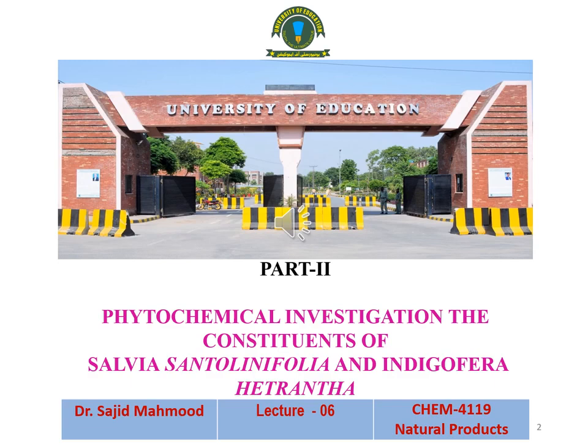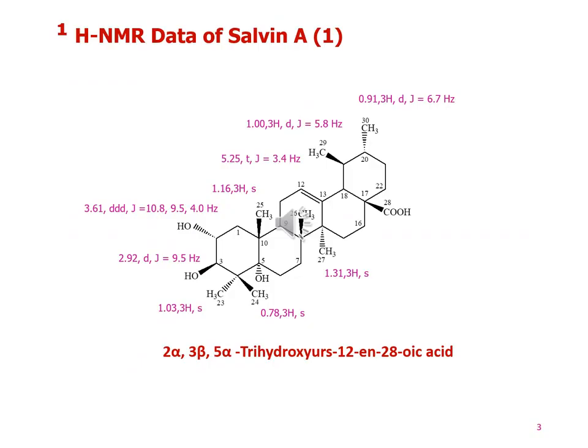Today we are talking about the second part of isolation, purification and structure elucidation of the natural products on the basis of phytochemical investigations on the constituents of Salvia santolinifolia and Inhibitory hyantha. Let's see the proton NMR spectral data of Salvin A. Here we will discuss the proton behavior, proton splitting pattern, chemical shift values. We will also observe how different functional moieties are confirmed on different carbon atoms within the basic skeleton of these